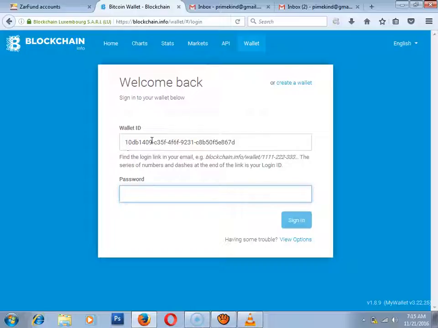Now, in my system, I've logged in before with this blockchain. In blockchain, you don't have a username. Blockchain automatically gives you what is called the wallet ID for security reasons. So this wallet ID must be inserted. In whatever email blockchain sends to you, it includes this wallet ID, called your wallet identifier. So if you really cannot remember what it is or you don't have it handy, you have to log into your email. Like now I've logged into my email, so let me go to my email here.